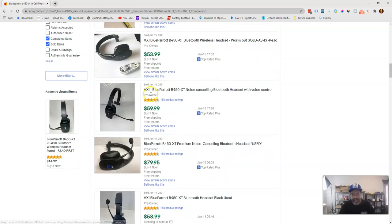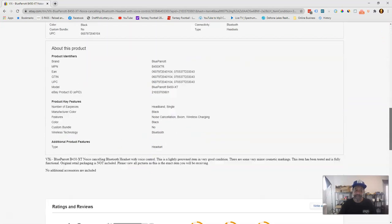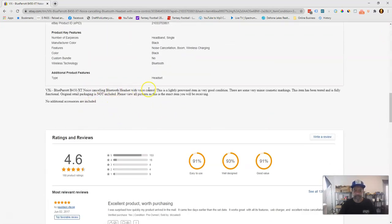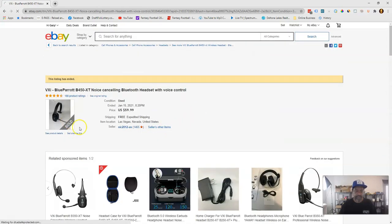See, now let's go look at this person's listing here that they sold January 15th. What did they have here? It was pre-owned. Be sure when you list anything used or you buy anything used, you read or type out that description with voice control. This is a lightly pre-owned, very good condition. Cosmetic markings, tested and fully original. Retail packaging is not included. Please view all the pictures of the exact item you'll be receiving. So if we go to the pictures here,